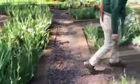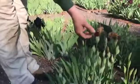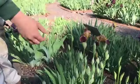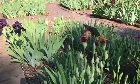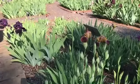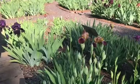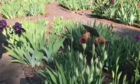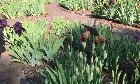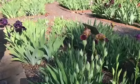Smaller ones, there's some tiny delicate miniature tall bearded, but they have these really cool features and little baby beards, so these get forgotten about sometimes because they're less showy, but they make a really nice thing for your border, really nice cut flowers. These also really just look good planted in little swaths together along the edges of beds and things like that. So these are also a really valuable thing to